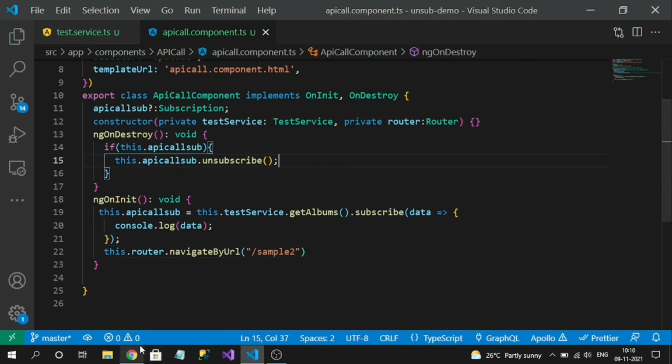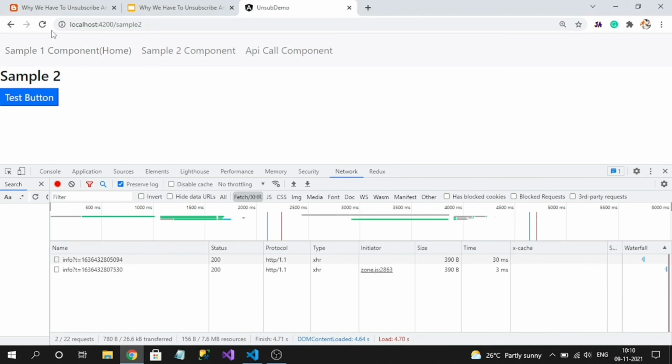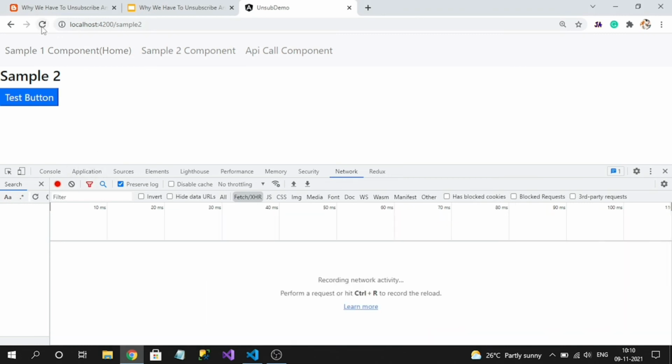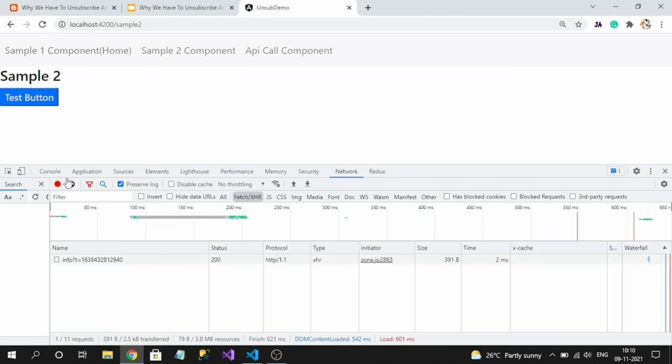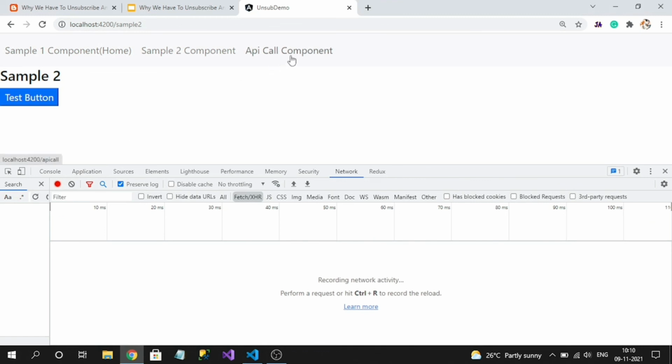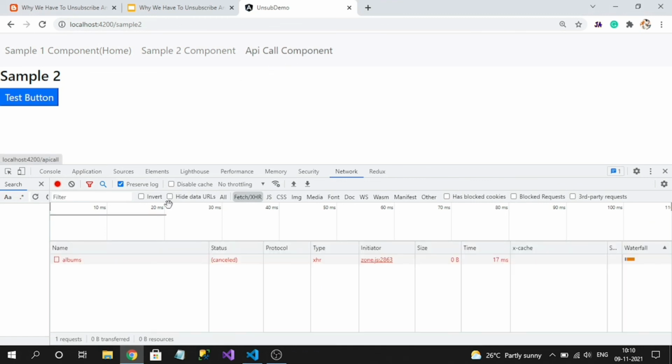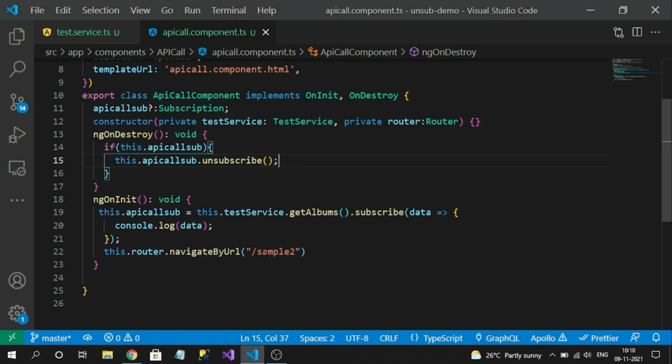So let's go to our application. Let's reload again. I'm clicking on the API component. See, if you observe, the API call gets cancelled, and in code we are immediately navigating back to the sample2 component.